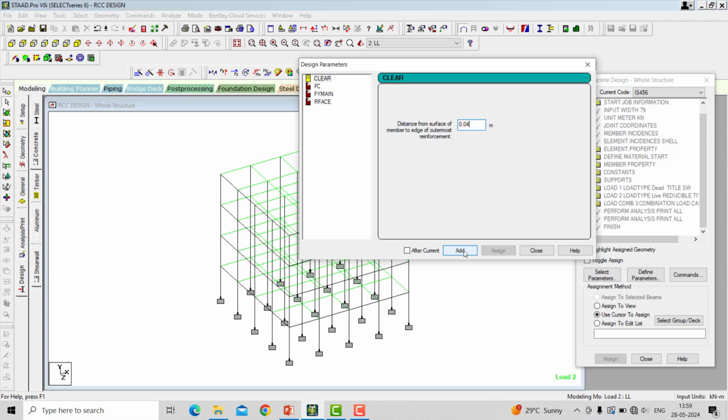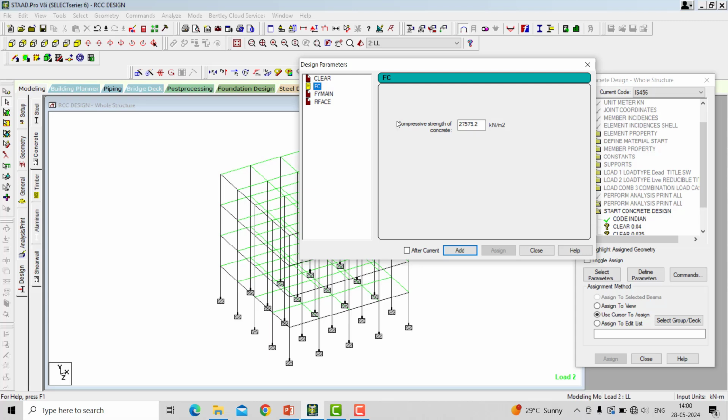So I am going to add the clear cover for the column, that is 0.04, add. For the beam I want to add 25 mm, converted into meters is 0.025, add. For the slab I want to add the clear cover 0.015 and add. Like this we have to add the clear cover.